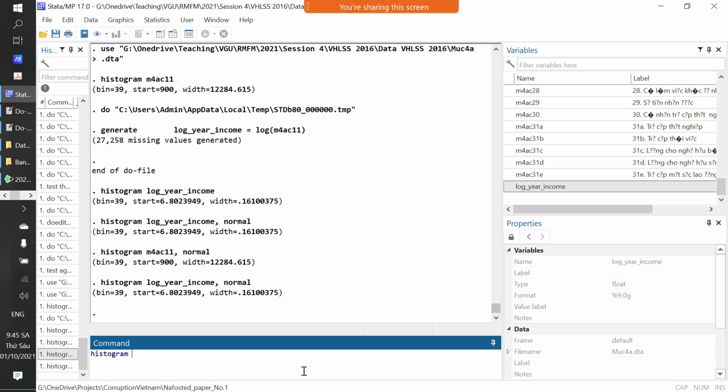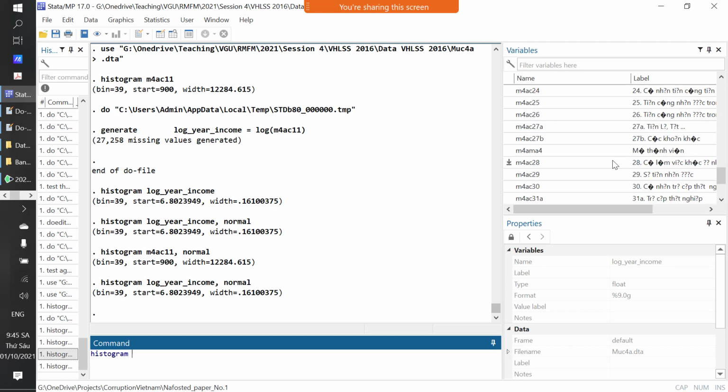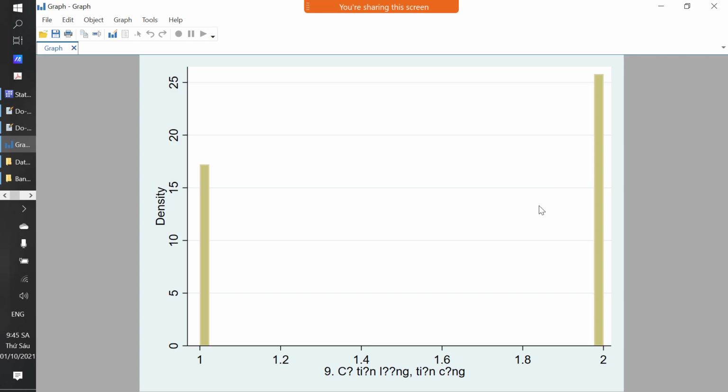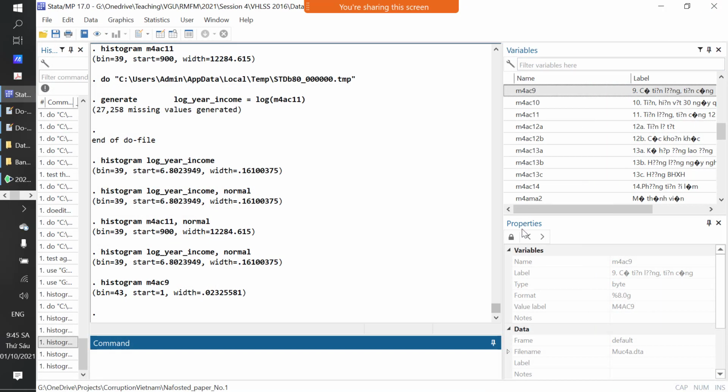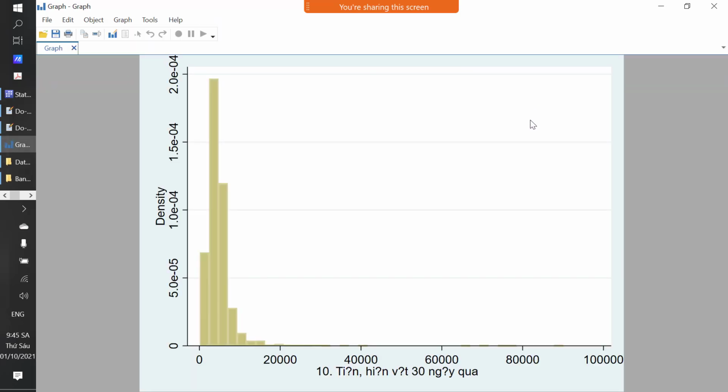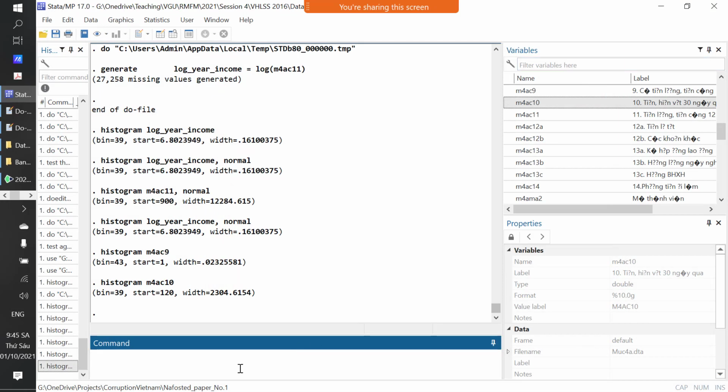Now, actually, if you consider the monthly income histogram, that is yearly income. Now we have monthly income. That is question 9, I think. Again, this is not normal. Here, this is monthly income, and it looks even worse, right? But if you take the log of monthly income,